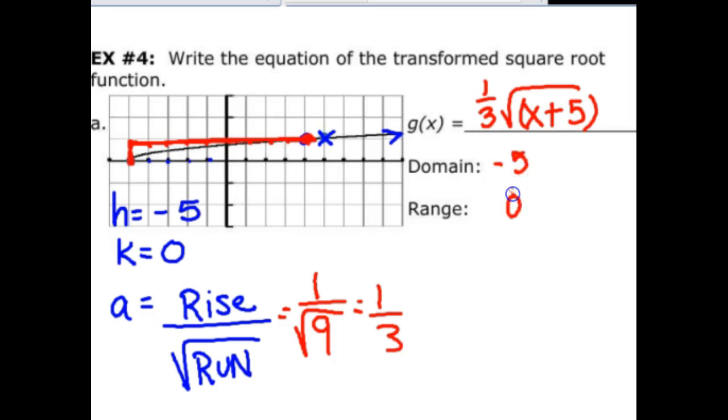Domain is negative 5 to infinity and the range is 0 to infinity for the